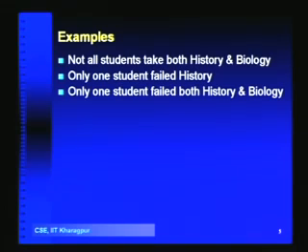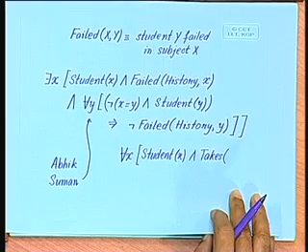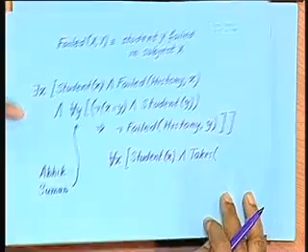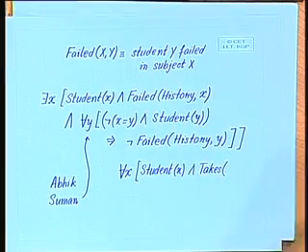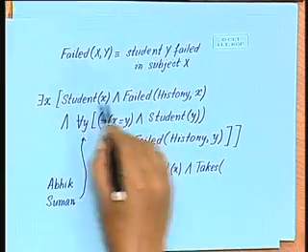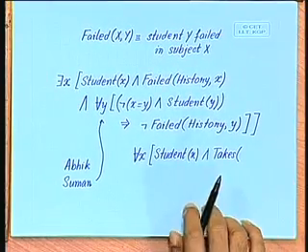Okay, let us move into a little more complicated stuff. We now want only one student failed both history and biology. Only one student failed both history and biology. So, how are we going to write this? Let us compare with what we have to do here. I will slightly modify this one here to get the new query. Whenever there is failed history of X,